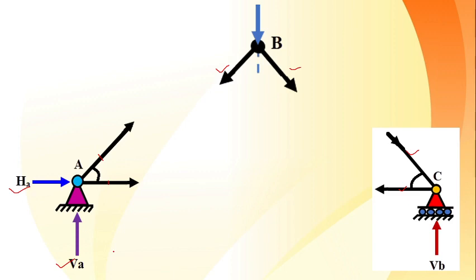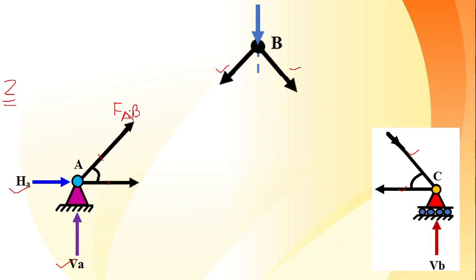When we have n number of joints, count the number of unknowns in each and every joint and start with the minimum number of unknowns. Is it okay? And the minimum is how much? That is equal to 2. There should be a minimum of 2 unknowns. So that is how we have to start with a joint which has only 2 unknowns. Fortunately, in all 3 joints we have 2 unknown forces. Is it okay? Now after isolating it from the surroundings and drawing the free body diagram, we have to give the names. So this is the force in the member AB.